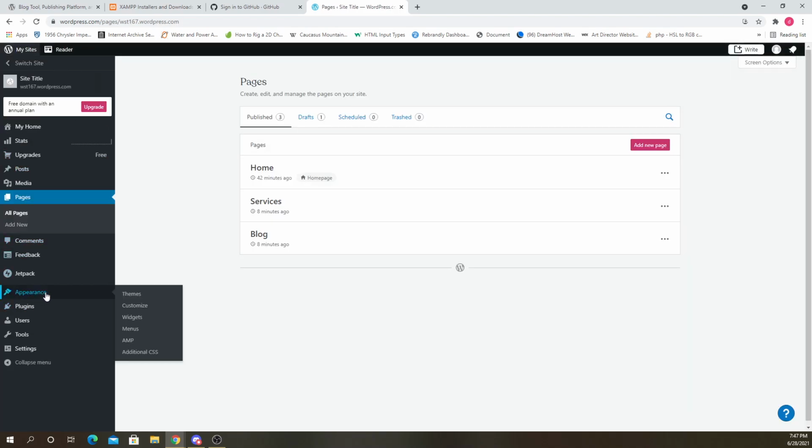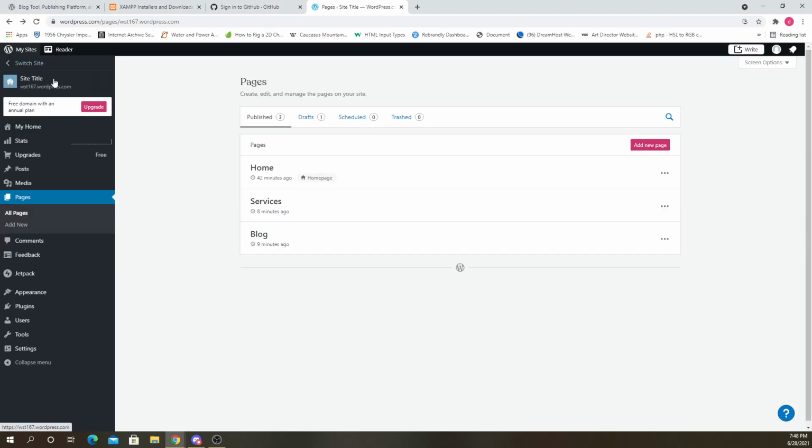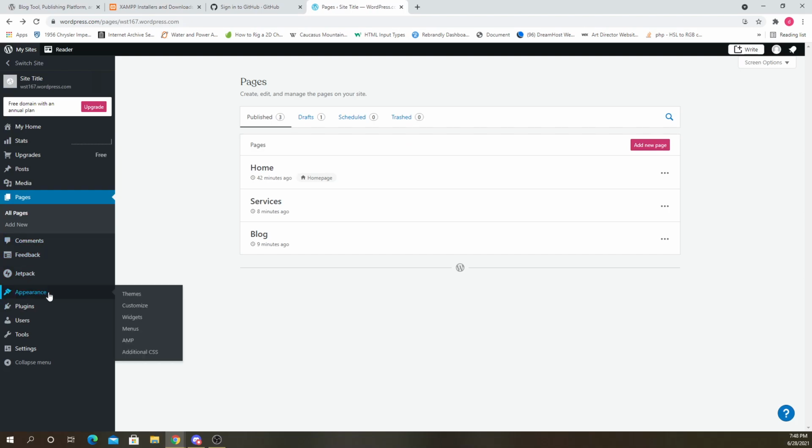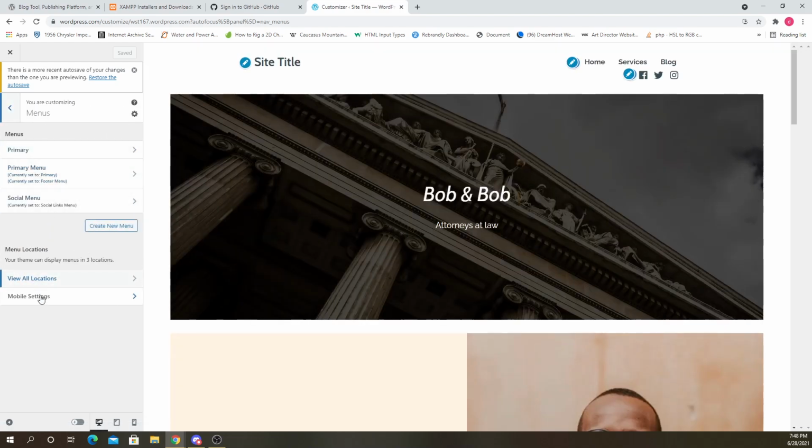So most likely to edit the footer, we'd have to go to appearance and customize. Menus, content options, widgets, homepage settings. Actually not there. Maybe it doesn't let us. It wasn't under menus either.